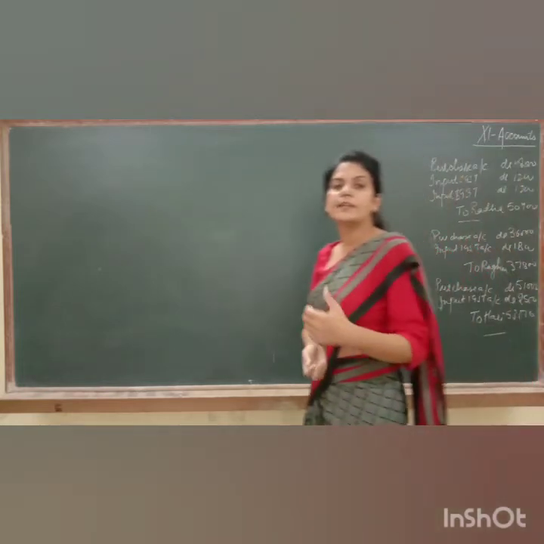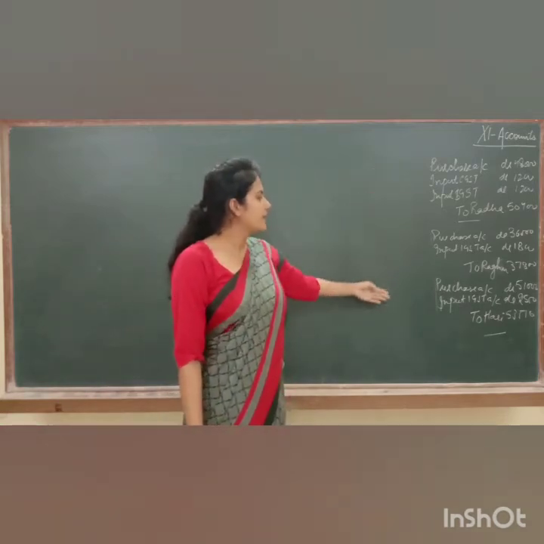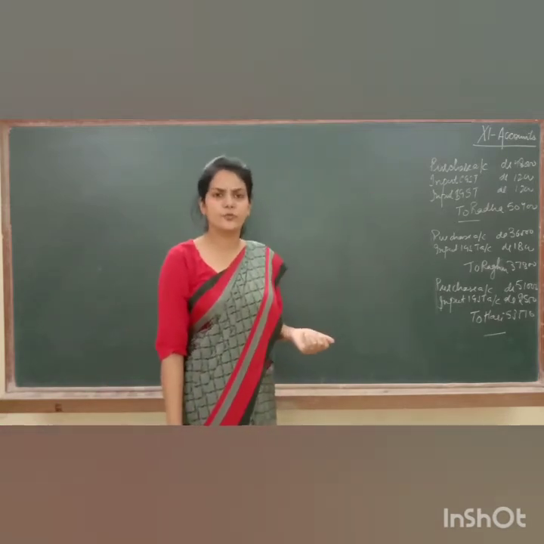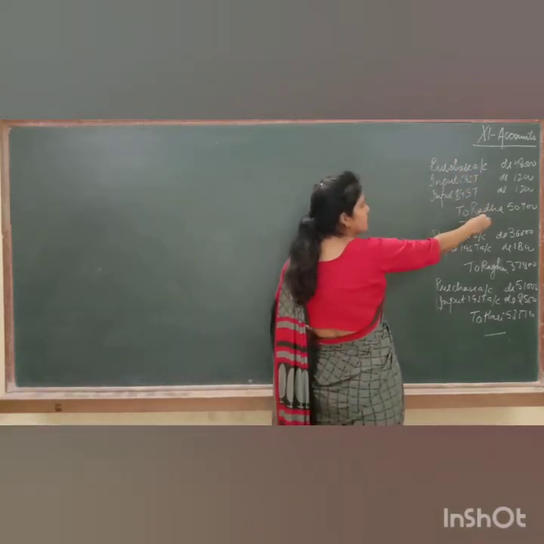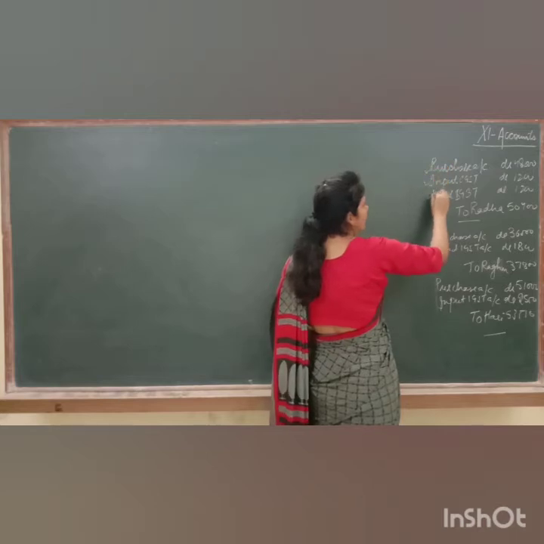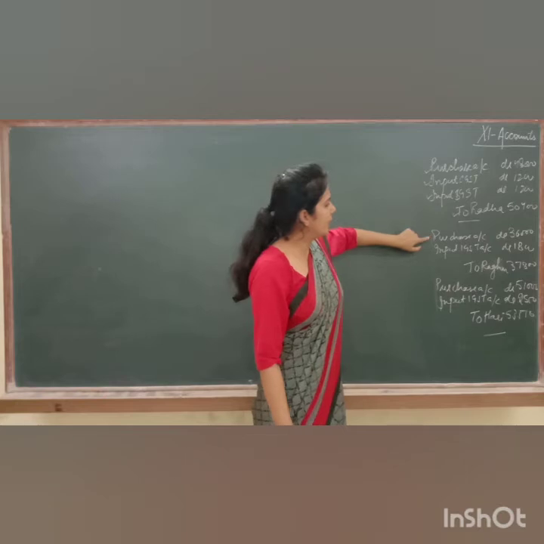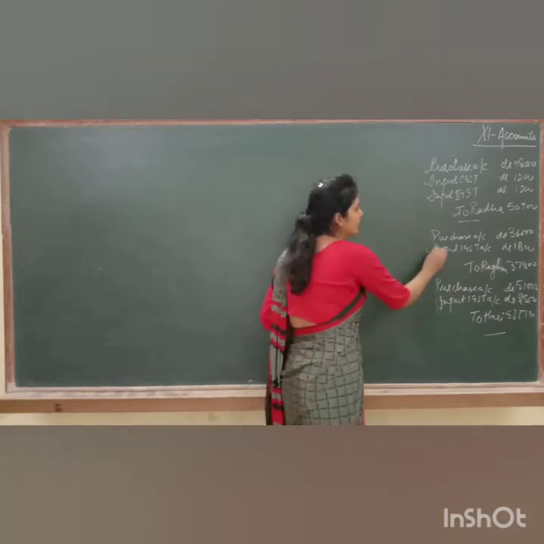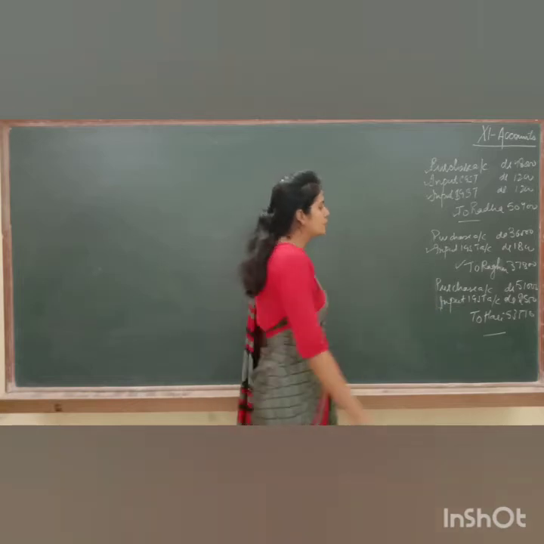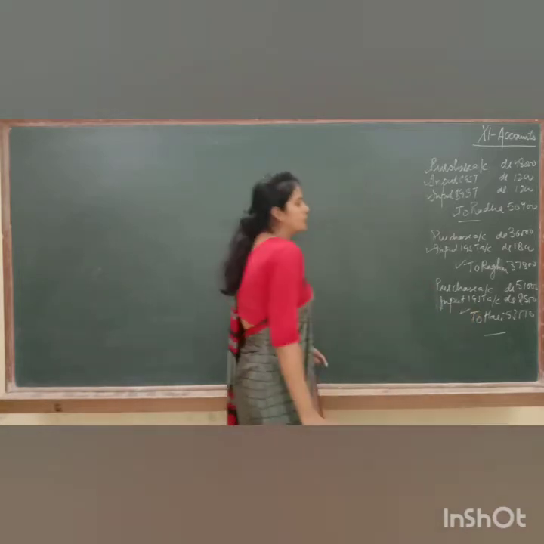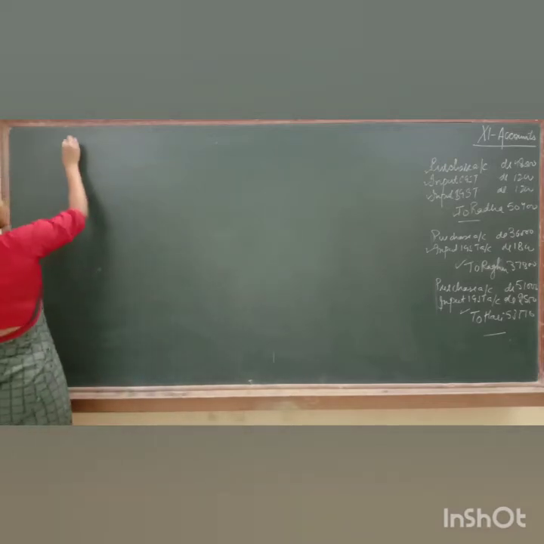Yes, students. Now, first of all, from all the entries, just analyze how many accounts and which accounts we have to prepare. First entry: purchase, input CGST, input SGST to Radha. It means all the 4 accounts we have to prepare. Next is purchase, input IGST to Raghu. Then purchase, input IGST to Hari. So all these accounts we have to prepare. So first of all, let's start with purchase account.